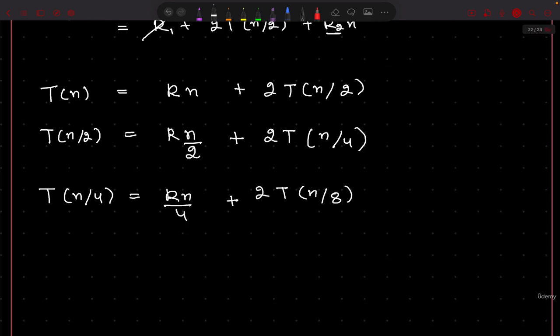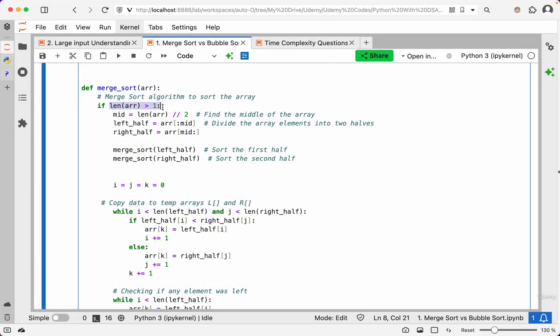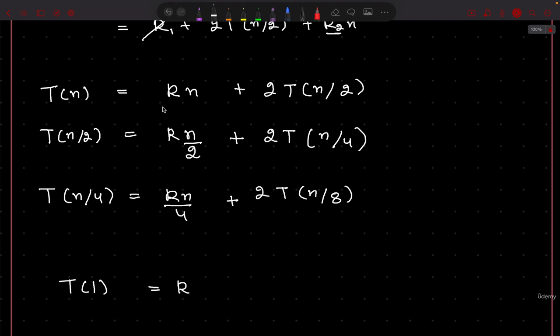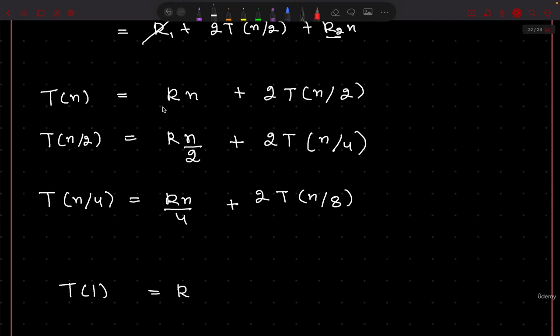All the way down, if I have just a single element, T(1), then I will be doing just some constant work k. If I have just one element, then of course I'm not doing anything, just returning some very minuscule work. Now again, we cannot add them as they are,